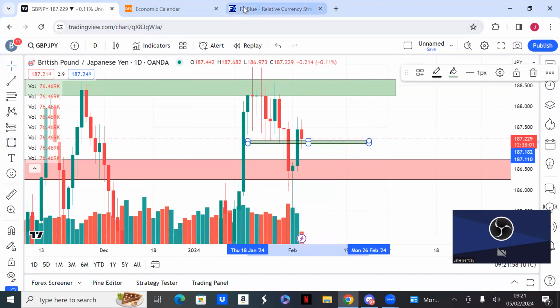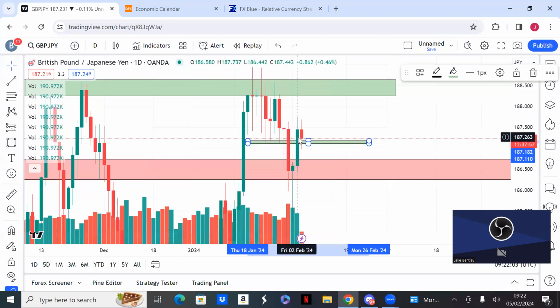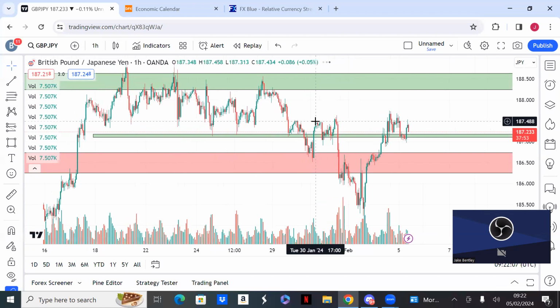Right now, short term, the Great British pound is weaker. So we're probably looking for a buy here. But at this moment in time, it's weaker. So